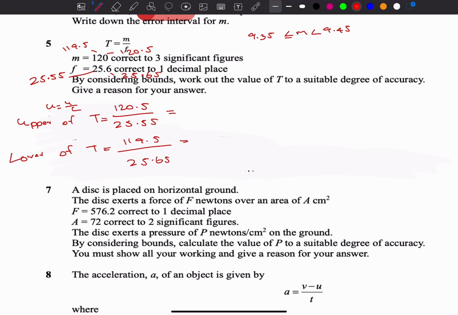You want to write these numbers. Let's check what these are. What's that? 4.716242661, and the other one is